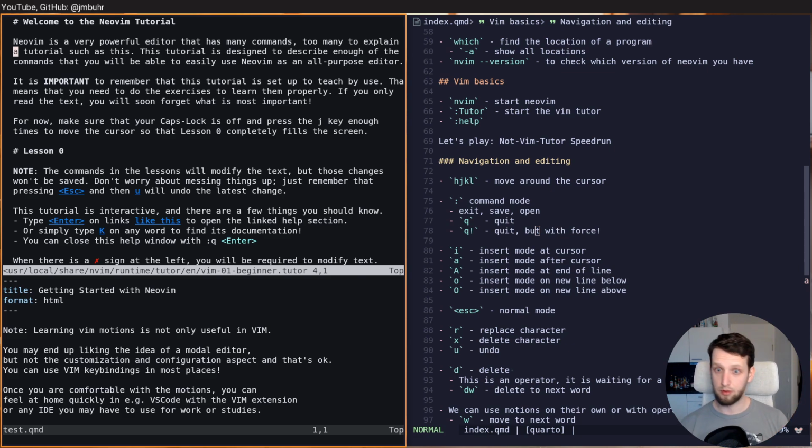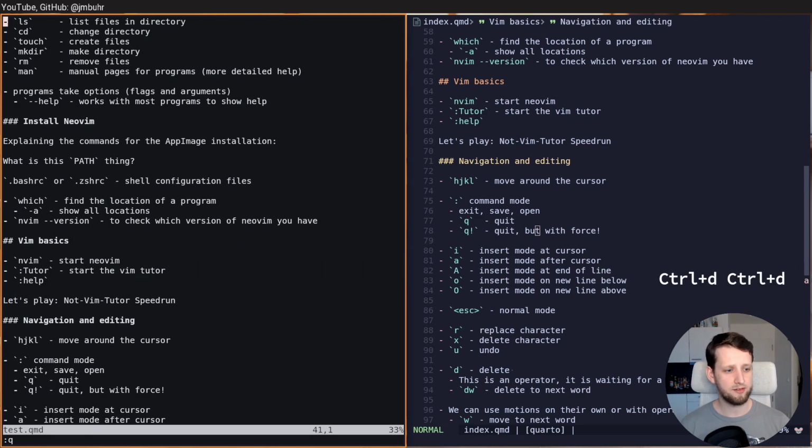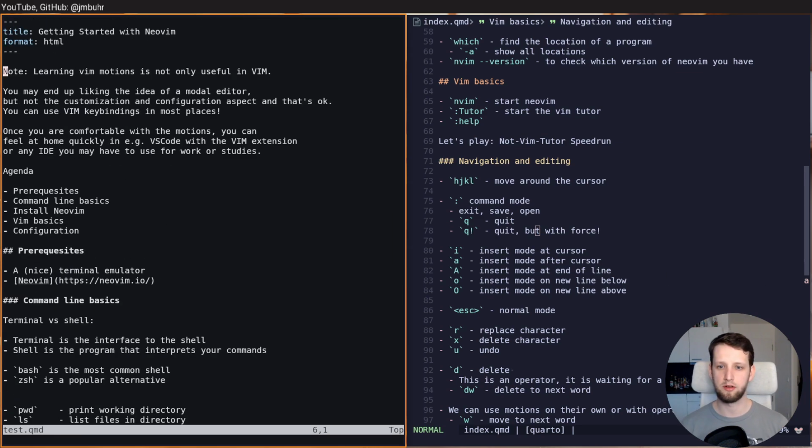Of course, they are not all of them, and maybe I'm also missing some, but those get you really, really far. And I'm doing it differently, not because I think it is better this way, but because I think it always helps to have different resources side by side in, for example, different speeds. So I will go faster than the Vim tutor, but this is no substitute for actually doing the tutor and practicing at your own pace. Let's get into it. So the first thing we learn is we can move around our cursor using HJKL